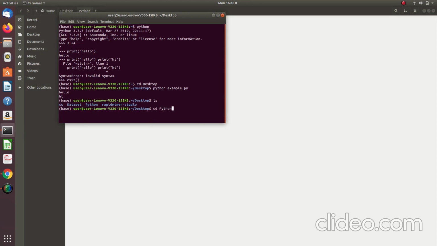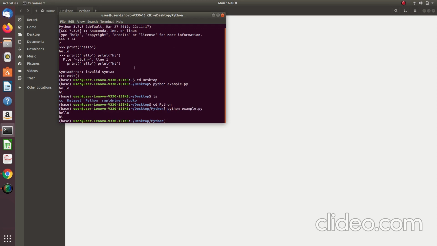It is case sensitive. When the P is capital, you have to give it as capital P. The path is set, then we can run it as python example.py. The output is displayed. So this is the way to run a Python code using the terminal mode.